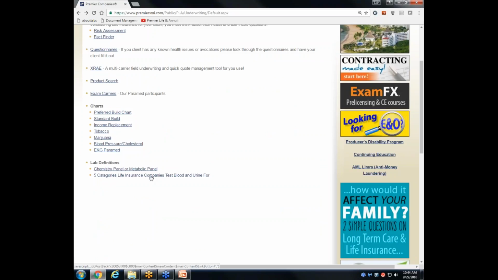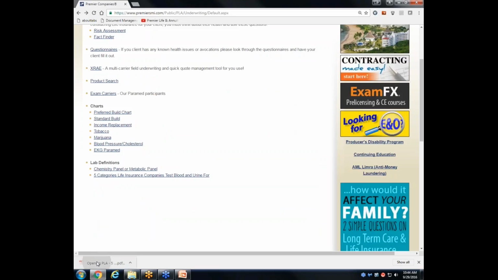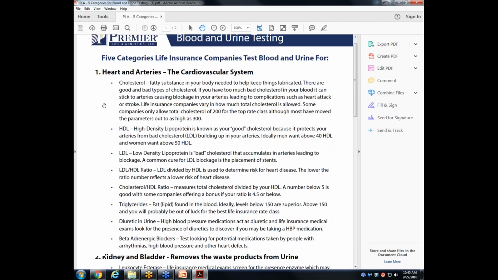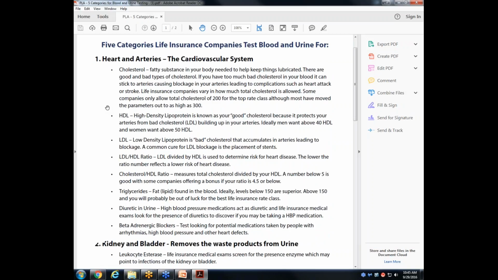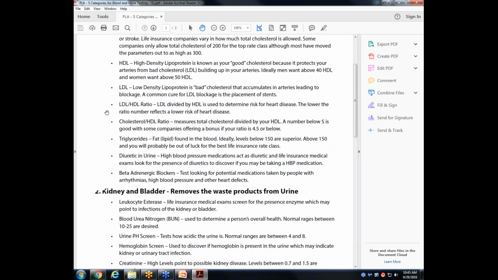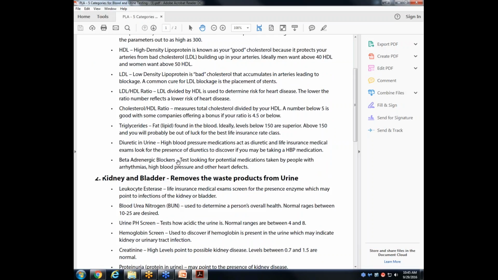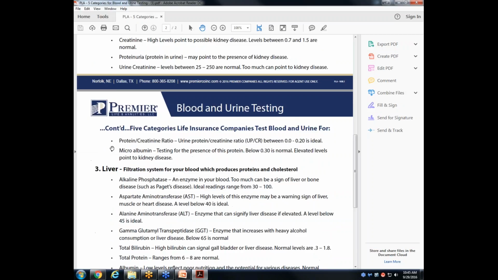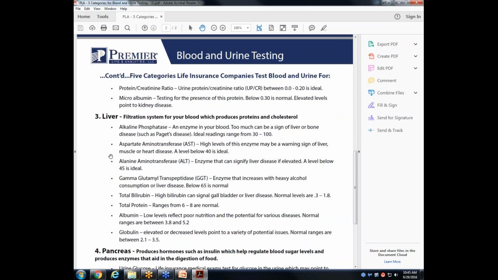A more concise area is these 5 categories that insurance companies do check and what it affects when you do have blood and urine tests, and what your client is going to be tested for. So the heart and arteries areas, these are the information and what high readings mean when they do get back a high reading. Kidney and bladder, liver,